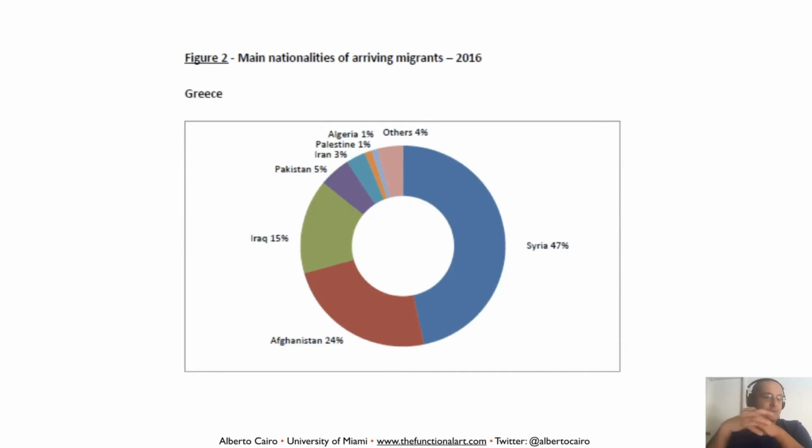If the purpose of the visualization is to show that nearly half of these migrants came from Syria and the other half came from other countries, this graphic is fine. It could be polished in terms of design. For instance, we could emphasize that message a little bit more by coloring Syria with one color and all the other countries with another color. But the graphic is only right if we think about its purpose, showing half and half.